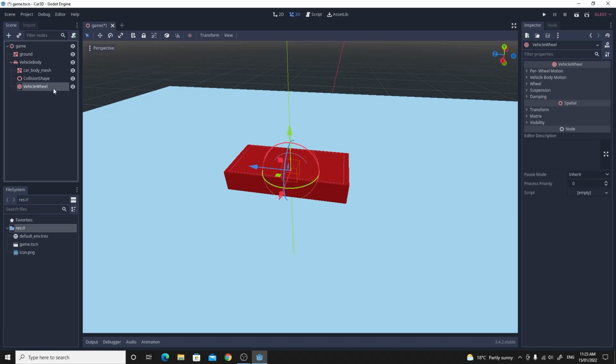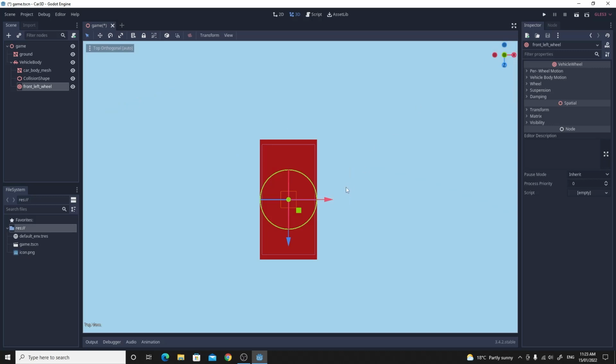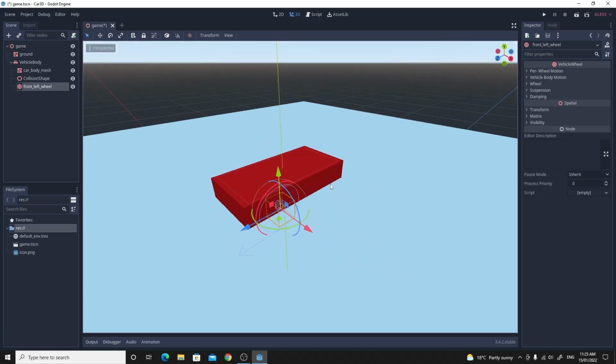So this vehicle wheel, I'm going to rename this as front left wheel. If I can spell, let's maybe do that again. There we go. Front left wheel. And we're just going to move it to the front left. So if I click on the Y at the top, so remember that the front is actually the positive Z, so I'm going to pull it down this way till it's about approximately there, and then move it out this way till it's just outside of the